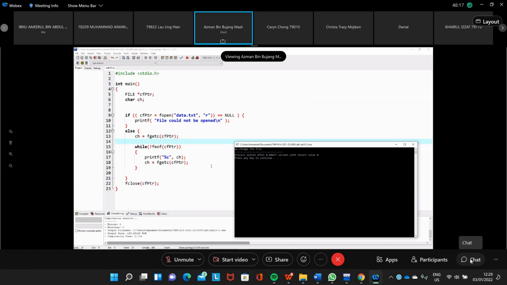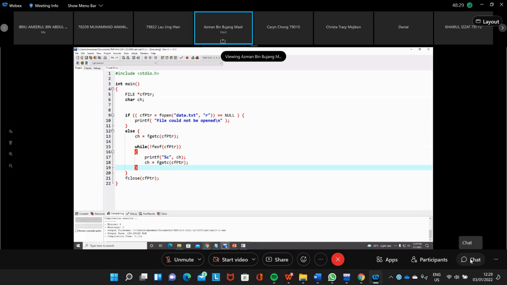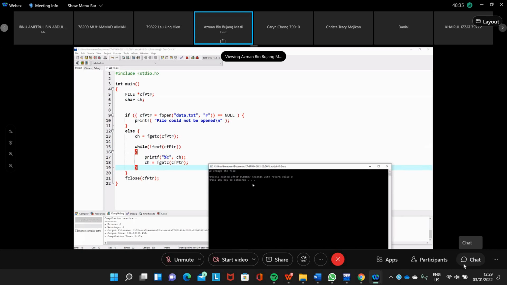So this is another way to read the file. We don't read the whole string at once, but we read character by character until we get to end of file.